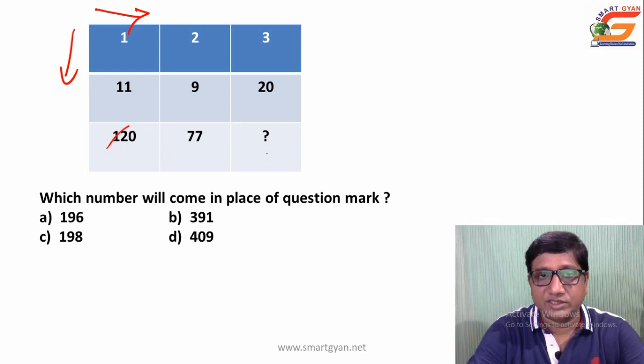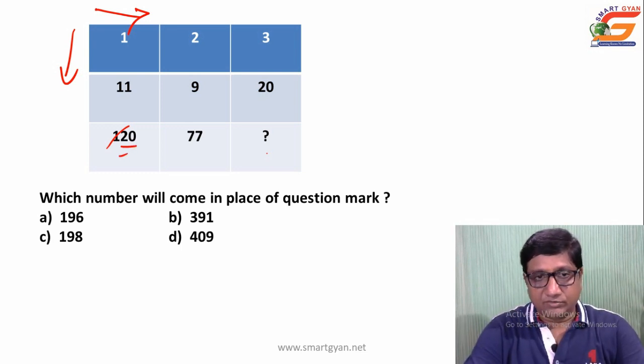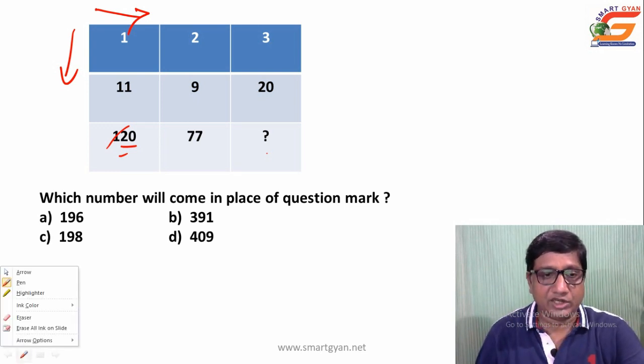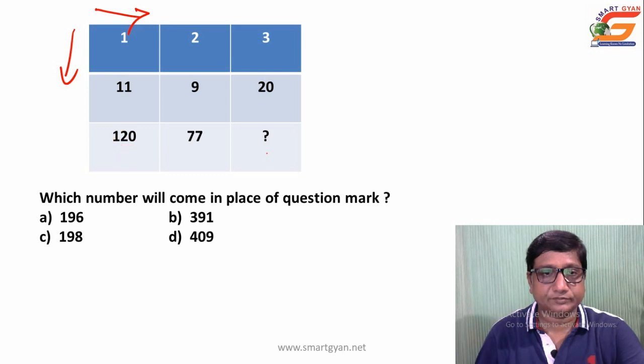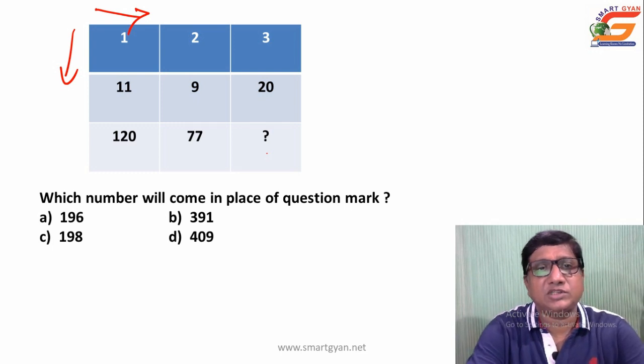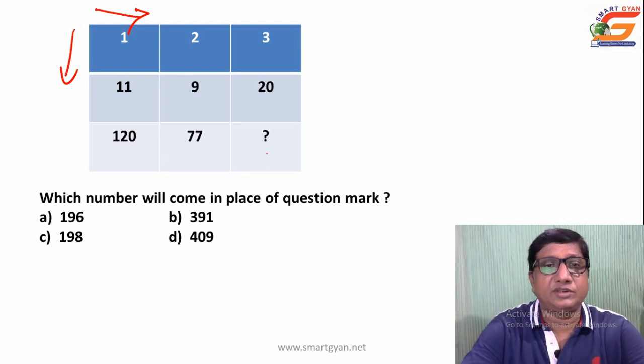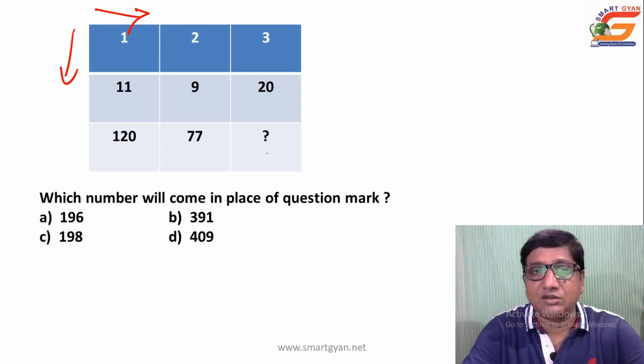If you think of row wise this, then column wise you think of 11 and 1, and here it is the bottom, the bottom row first figure, left corner figure, given as 120. How can you obtain 120 from 11 and 1? There must be some operation, and it cannot be a simple arithmetic operation between these two. As 3 rows and 3 columns are there, there is some operation between 2 columns or 2 rows, and the third row or third column is known as resultant column.